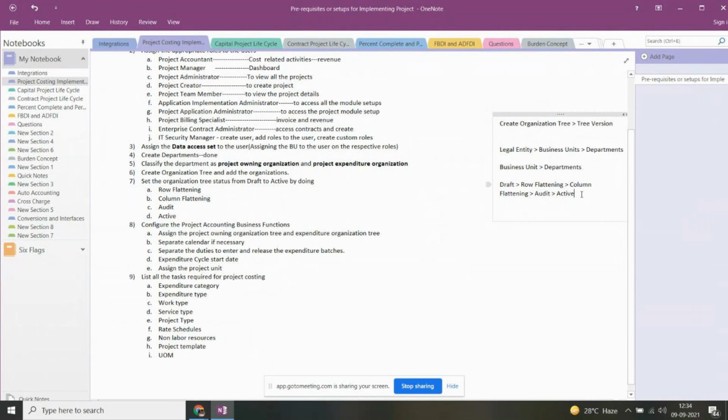You will definitely think about me when you attend Fusion interviews, because they will definitely ask you about this: how we create organizations, how we create organization trees, and how we classify them. These are basic interview questions. Okay, next.